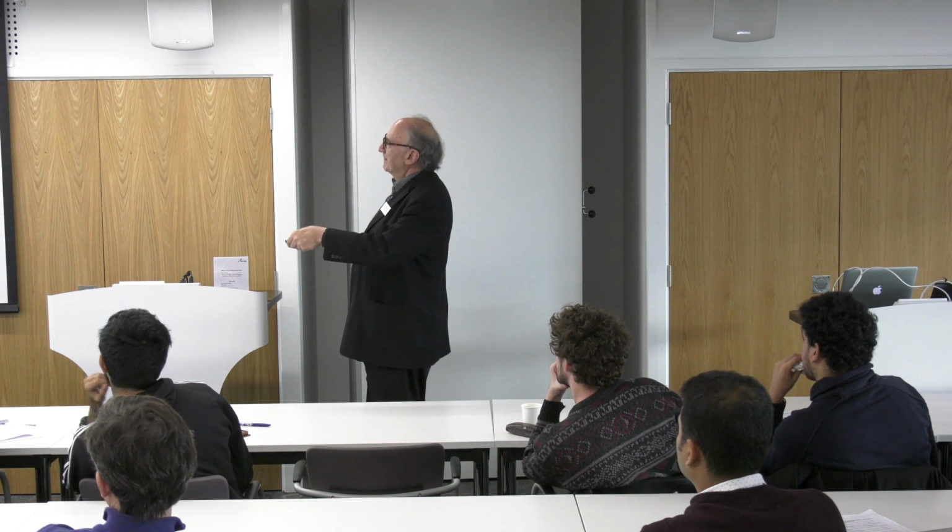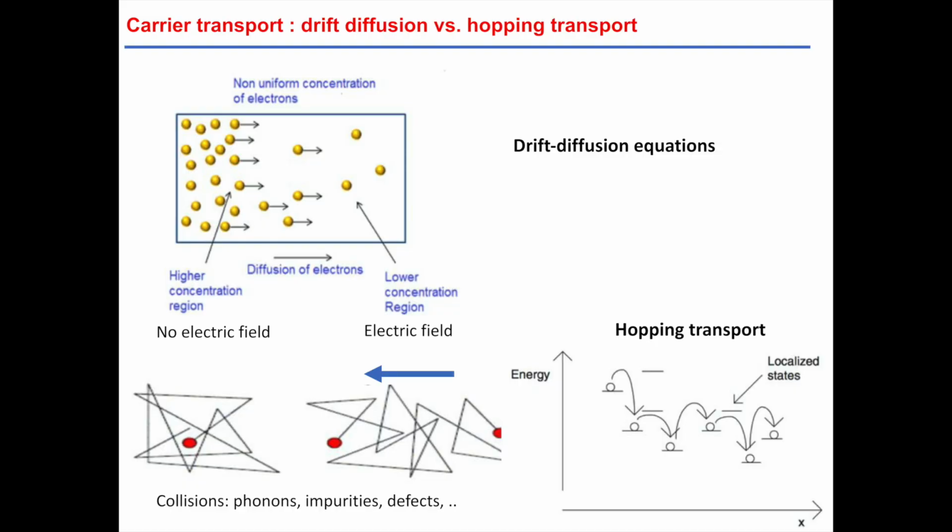It's a problem. So anyway, what we also know is that those drift diffusion equations should not be correct, because as we have localized states in a disordered system under certain conditions, we know that the transport is more like hopping transport. Of course, future discussions will be how to put together those two types of transport, drift diffusion and hopping transport. But for the moment we'll use drift diffusion equations.